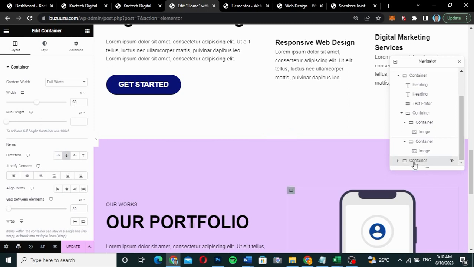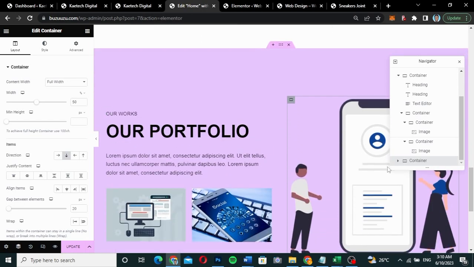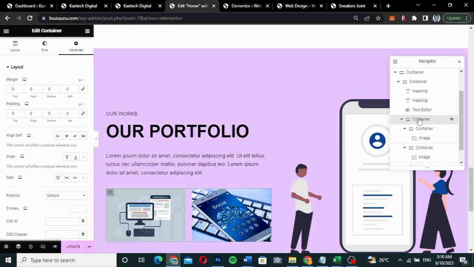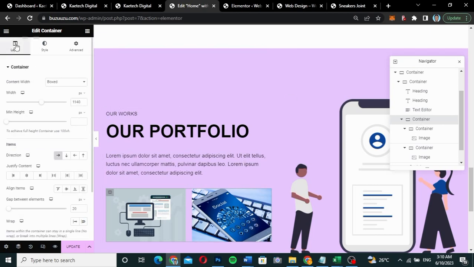Oh, this one's what we are dealing with, sorry. So what I'm going to do is go over here. Oh, okay, so we're dealing with the heading container. Yeah, this particular one. Okay, so I'm going to click on this container, and then go to layout over here,